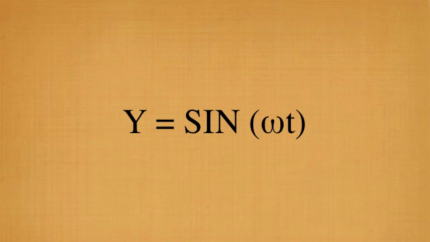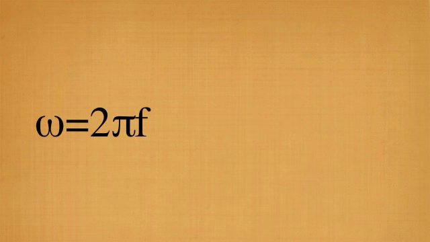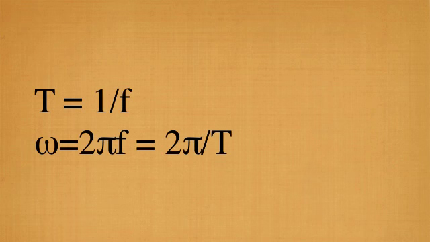is time. The angular frequency is measured in radians per second and is related to frequency by a unit conversion. Omega equals 2 pi times the frequency, where f, frequency, is usually measured in hertz or oscillations per second. Because the units are in radians, we often use radian mode on our calculators. We could also express this in terms of the period of time for one oscillation T, where T is equal to 1 over the frequency, and omega is equal to 2 pi times the frequency, or 2 pi over the